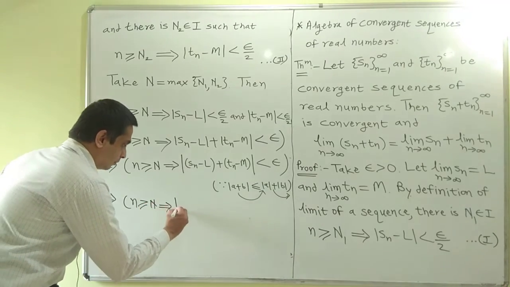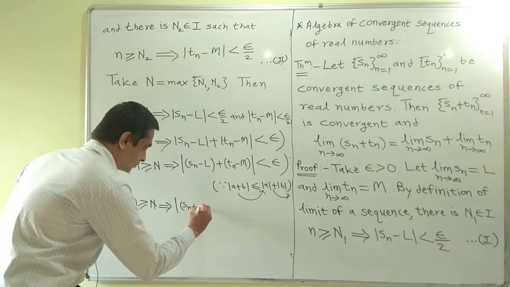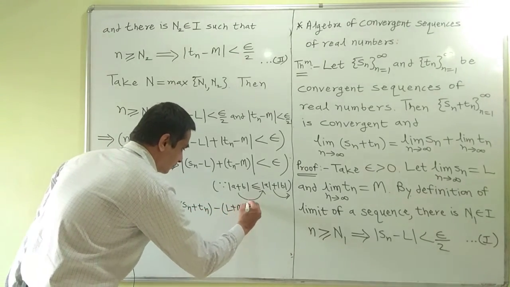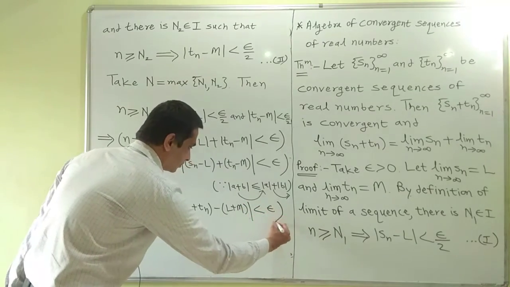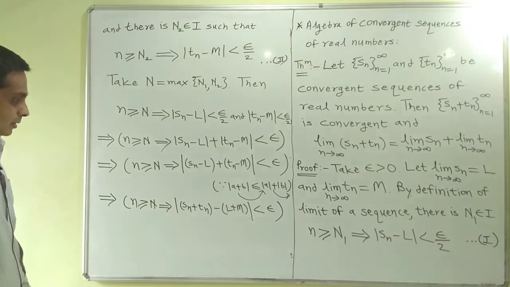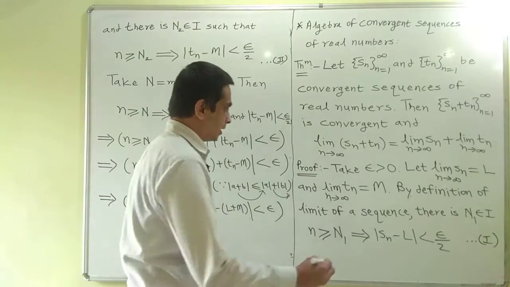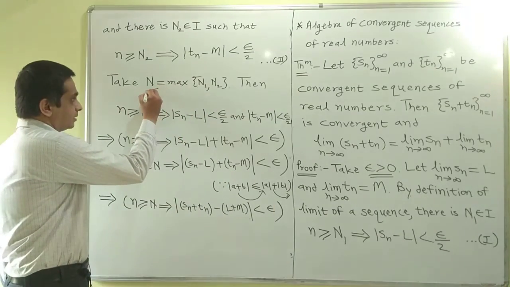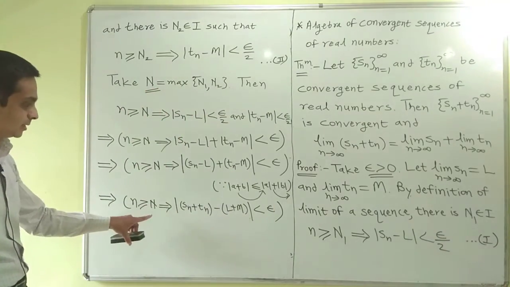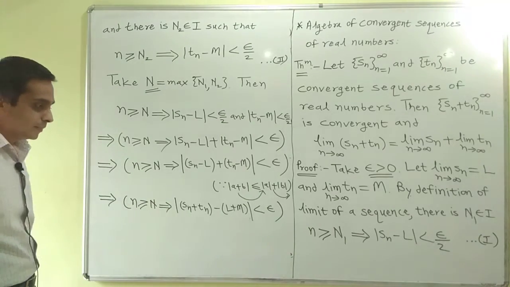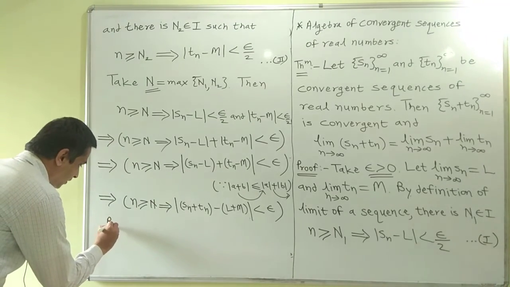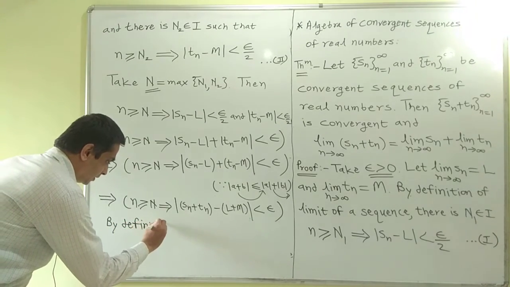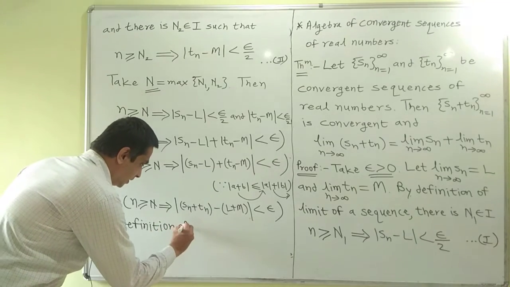implies |Sn plus Tn minus L plus M| is less than epsilon. Thus, for every epsilon greater than 0, we have found an N belongs to I such that this condition gets satisfied. Hence, by definition of limit,